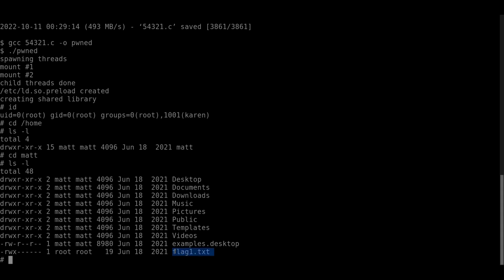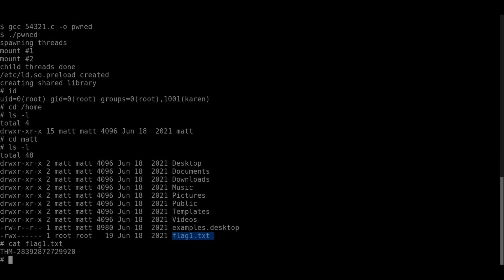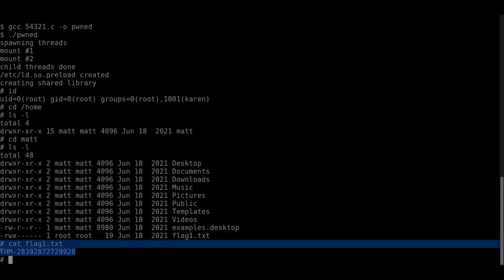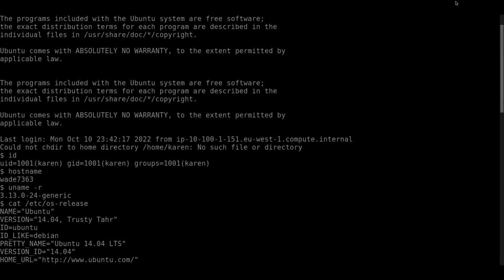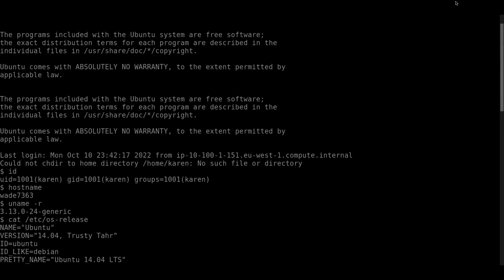Interesting. What could that be? Obviously, it's probably a CTF flag. So let's cat flag1.txt, and boom, there we go. We get a flag here. So we were successfully able to exploit this target machine. Obviously, this means that the action on objectives was complete. We were able to exploit this particular vulnerability on this version of